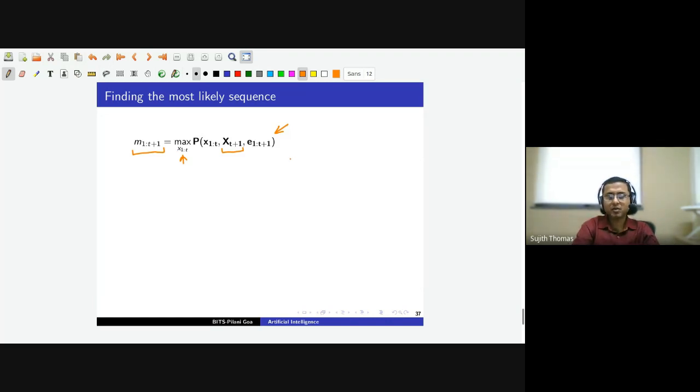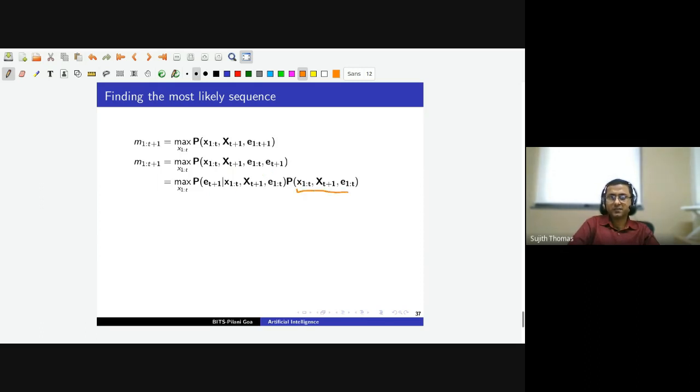So again, the manipulations are similar to what we saw in the previous lectures. So our aim will be to somehow bring in the sensor probability and transition probability. So for that, we will first simply write it as E1 to t and Et+1 separately, the two evidences. And then we will use the product rule and write it as conditional probability times the joint probability. So we are conditioning probability of Et+1 upon the remaining variables times the joint probability of